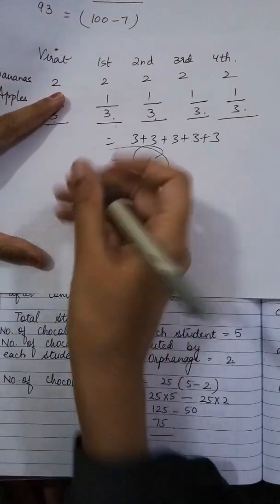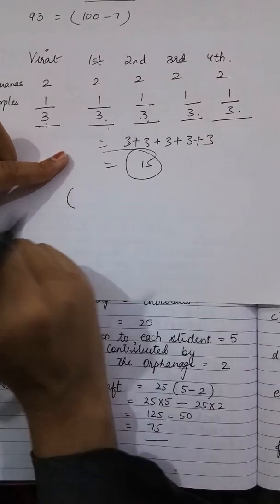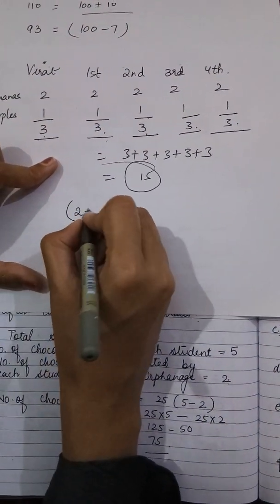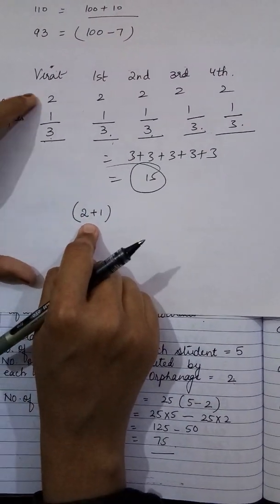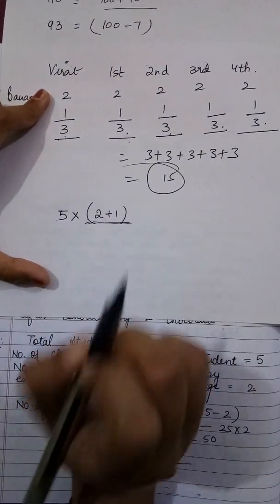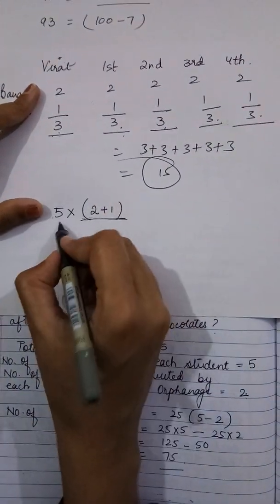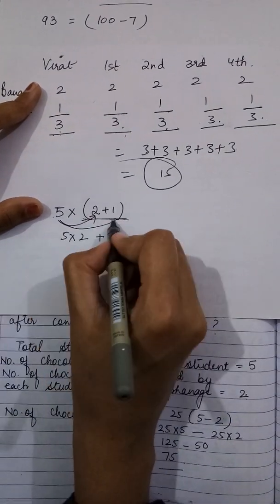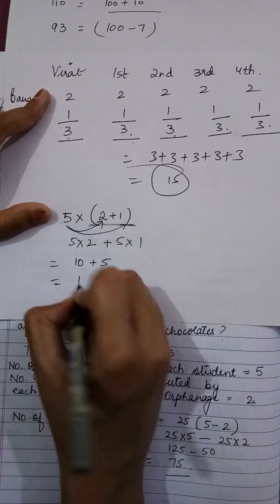See here. Firstly, tell me how many fruits are eaten by each person. By each person, 2 bananas and 1 apple. So this is eaten by 1. And how many people are there? 5. So I am going to multiply 5 by each person's fruit. That's how I am going to get it. Now this has become the distributive law. 5 2s are 10, plus sign is there, and then 5 1s are 5. So what will it become? 5 2s are 10 plus 5, it will be 15.